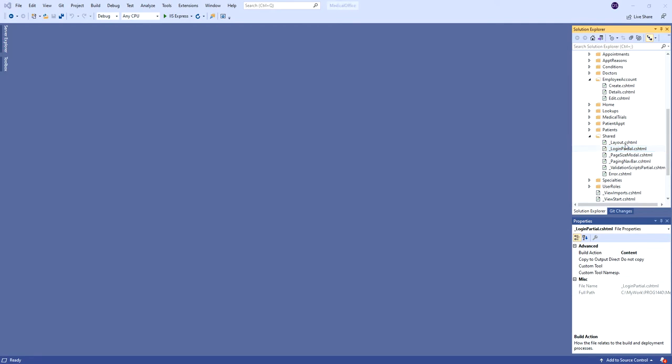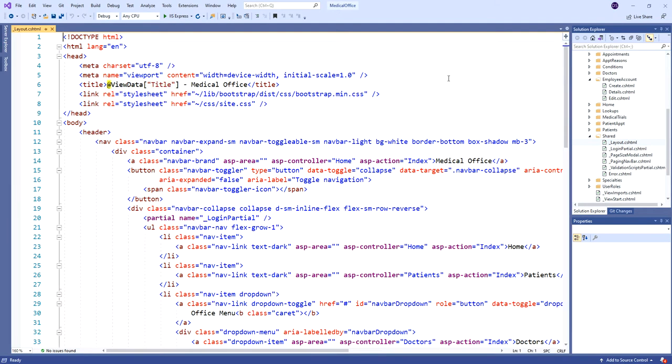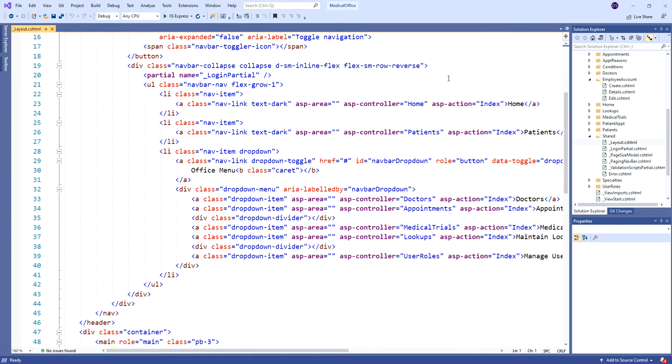At some point, we've got to be able to navigate to this area, right? At some point, for sure. So I'm going to come in here to the layout page, our main layout for the whole site where